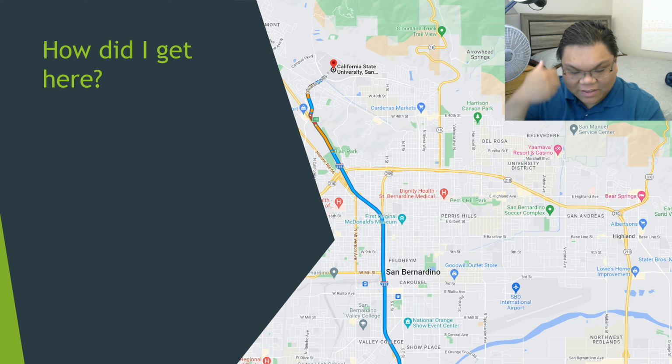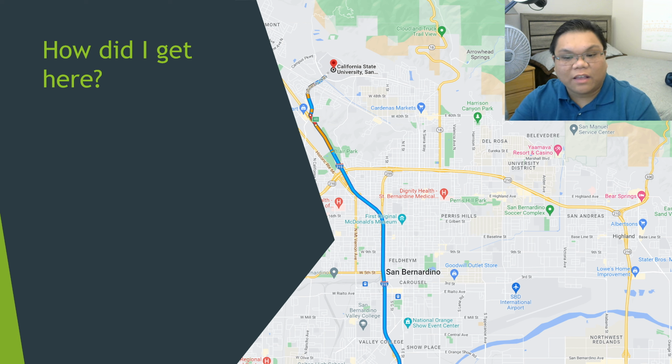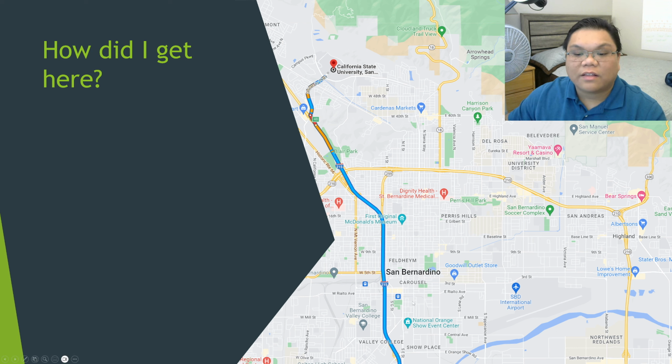Because my car is electric, I leave my car at the parking garage to charge, take the train, transfer to the SBX green line at the other station. So I take the train from this parking garage to San Bernardino downtown station. I then transfer to the SBX green line and just ride the bus the rest of the way to Cal State San Bernardino.